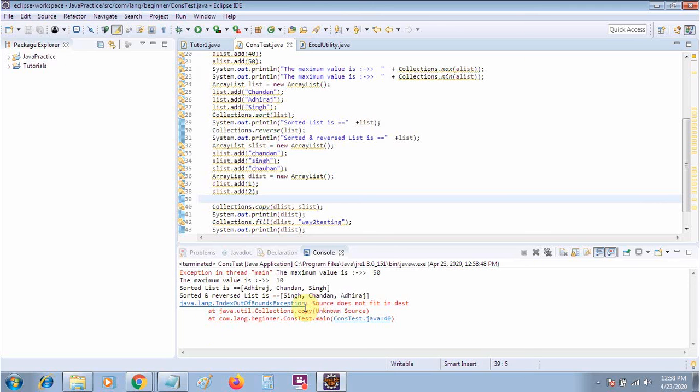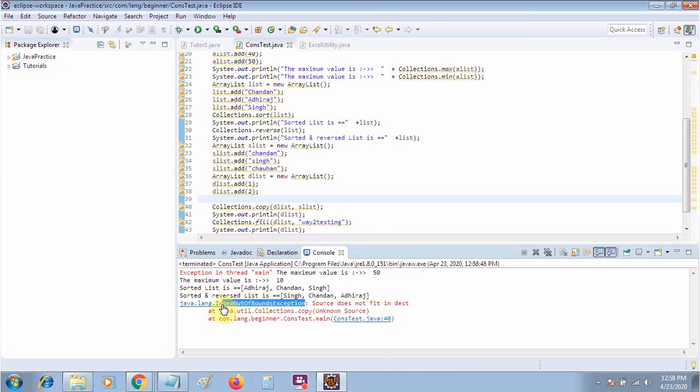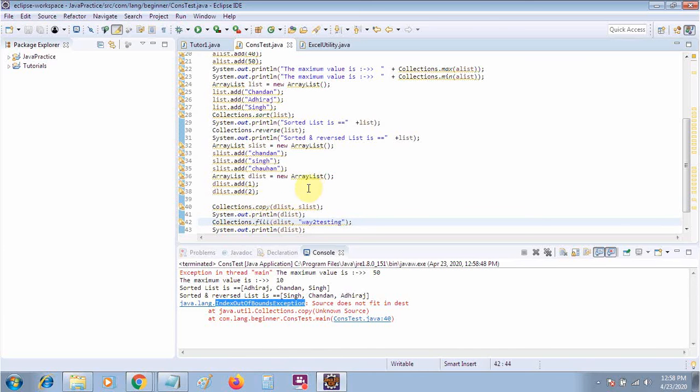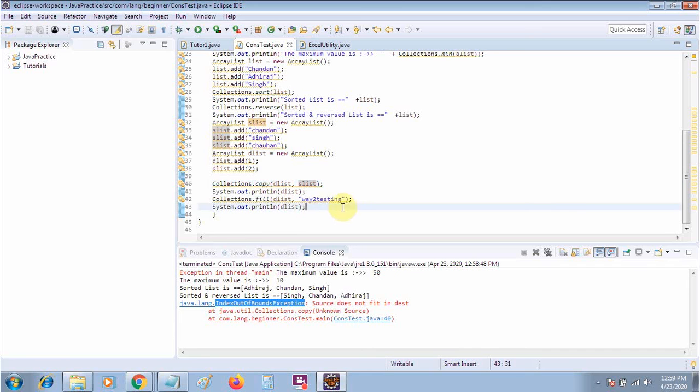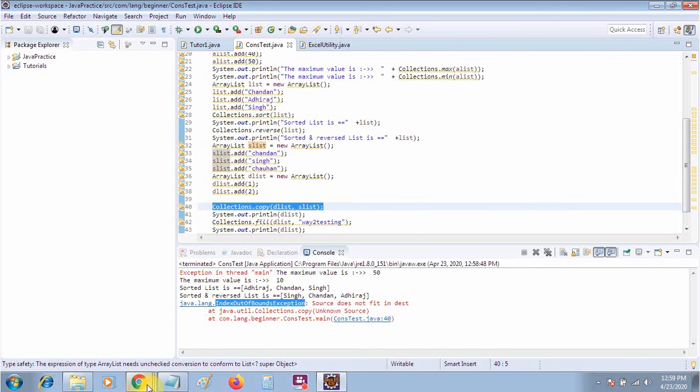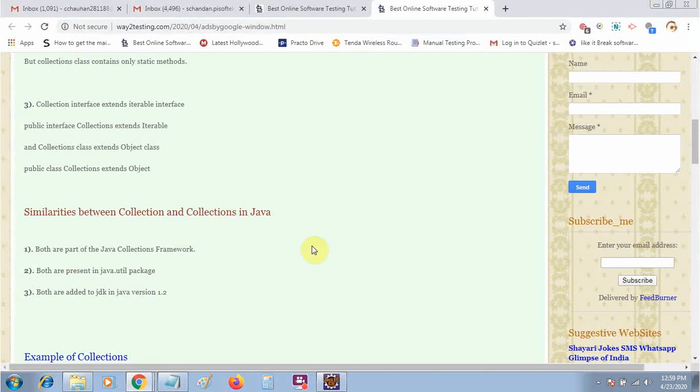So always remember when you are copying, you will get the index out of bound exception. It is recommended that the source list and destination list have the same size so that we can perform this operation. So it's all about the Collections class and its methods.